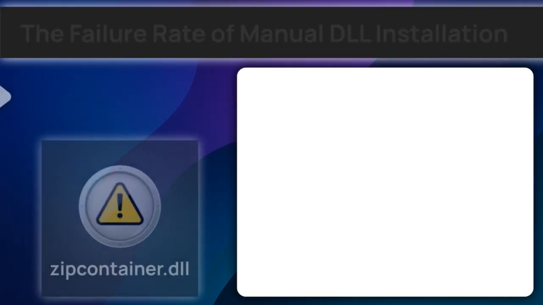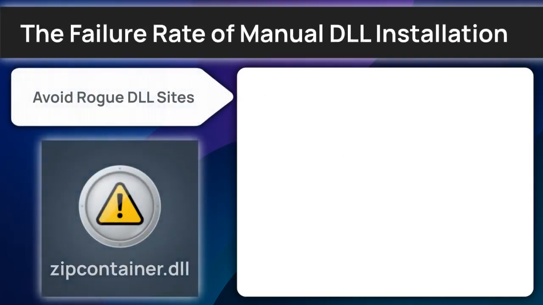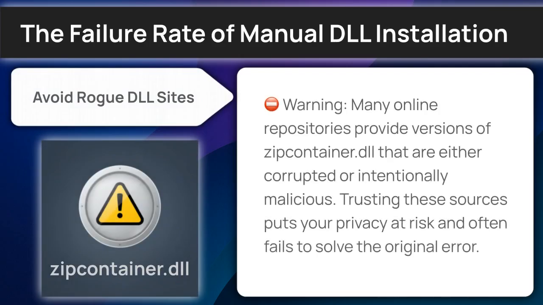As we finalize the restoration, it's important to observe standard security protocols regarding system files. Please use caution. Replacing Zipcontainer Library DLL manually often requires elevated permissions that, if mishandled, can leave your system architecture